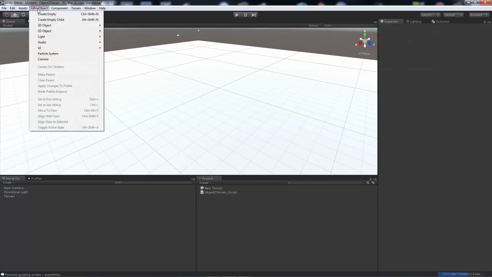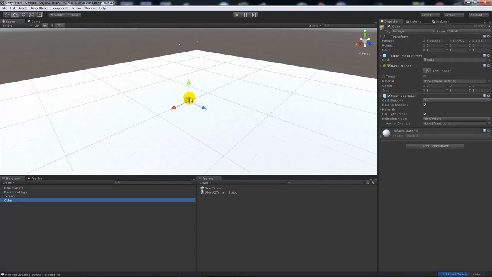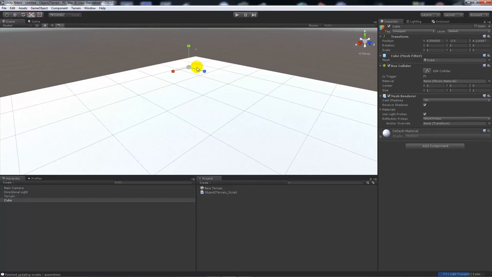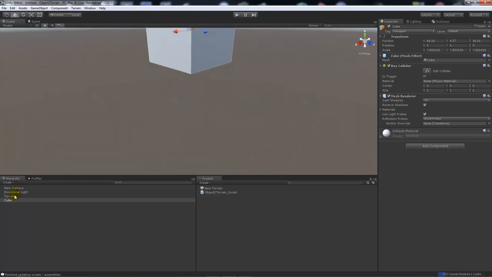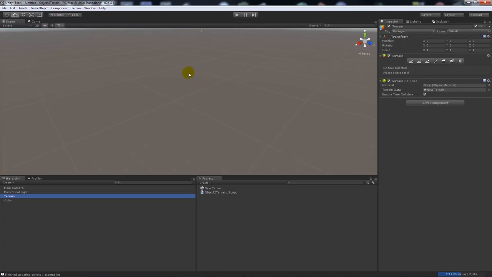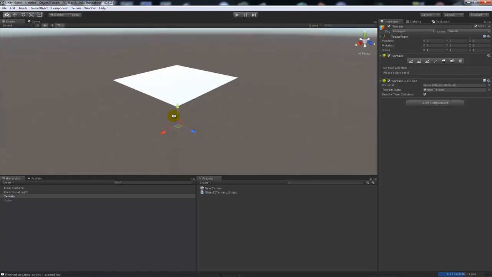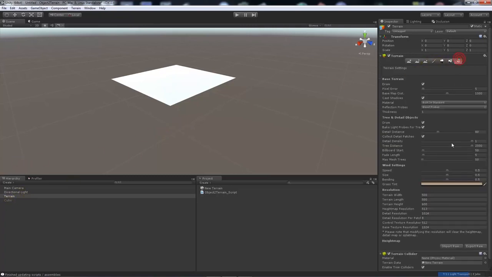Now if I bring in another object, maybe a cube, let's say, and we make that really big. This is just an example of a mesh that we could bring in from another program if we wanted. And then with that cube selected, if we go Terrain, Object2 Terrain, you'll notice that if I now hide my cube and then go to the terrain, you can see that it's been made the size and the shape of the terrain as we would expect based on that cube. It doesn't have any height because you need to give it some,